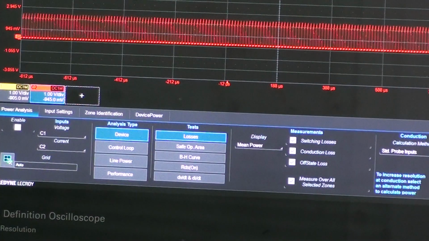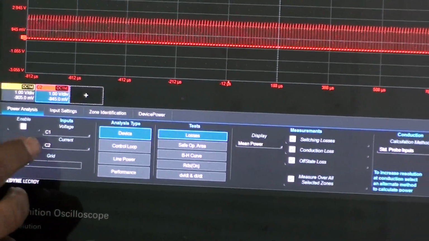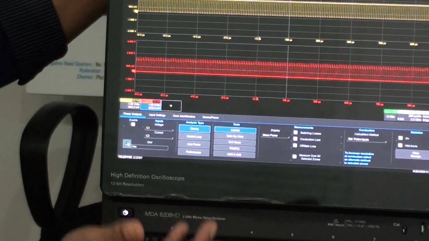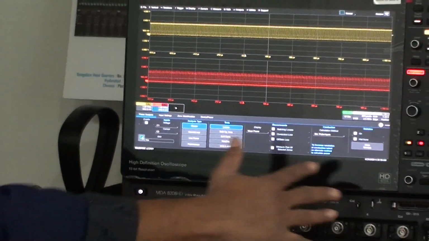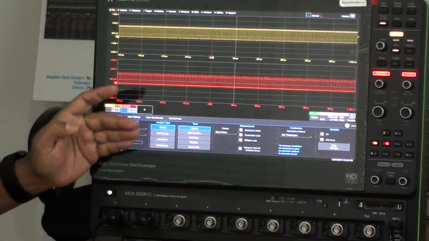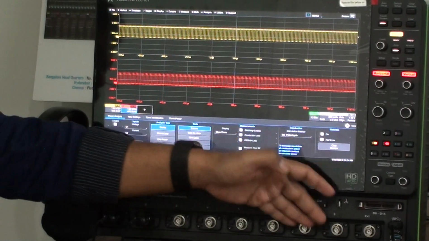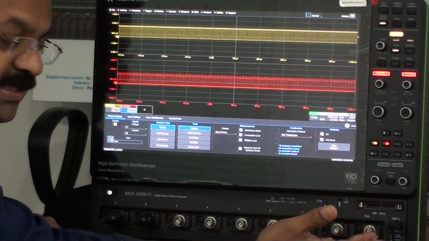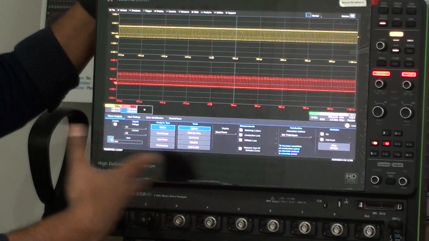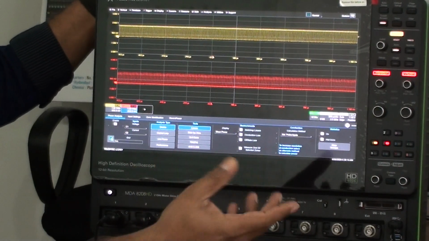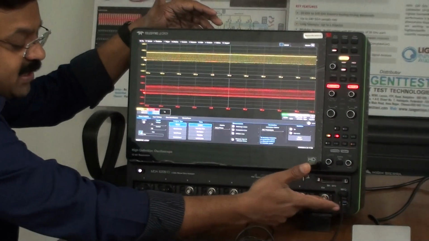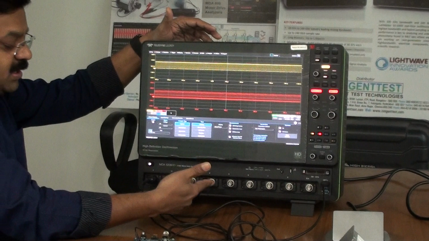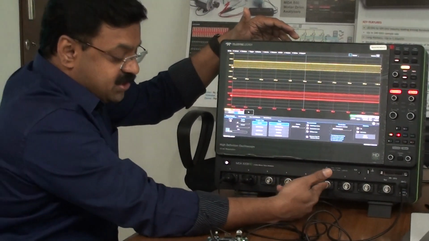So let's start with device. Once you switch on the device, you could either add a standard probe or a differential probe. We also have a three-phase power analysis. We have 8 channels here, so we have voltage 1, voltage 2, voltage 3 and voltage 4, which means you get R, Y, B voltage and current. You can also add a DC voltage and DC current, which gives you the efficiency of the drive, if it is a DC drive. So you have a DC input, DC voltage, DC current, R, Y and B: R voltage current, Y voltage current and B voltage current.